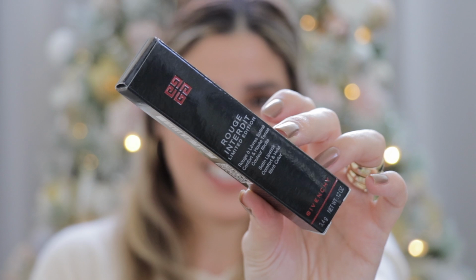I also went ahead and purchased, this is so beautiful, I got the Rouge Interdit limited edition by Givenchy. It's a satin lipstick. This is from the holiday collection in the shade 27 Bold Red. So this is the packaging. I really love the packaging, very classic, very sleek looking, and